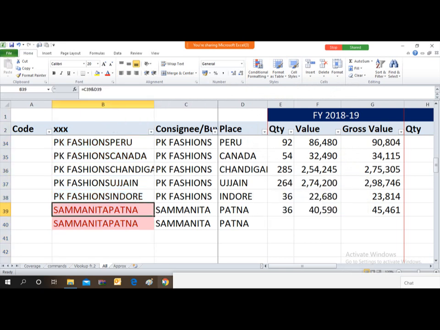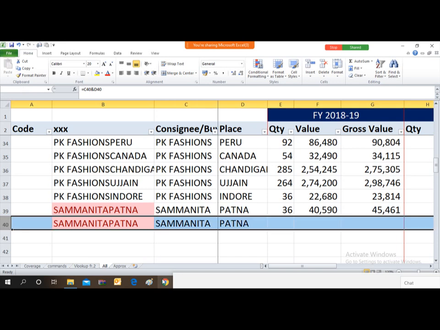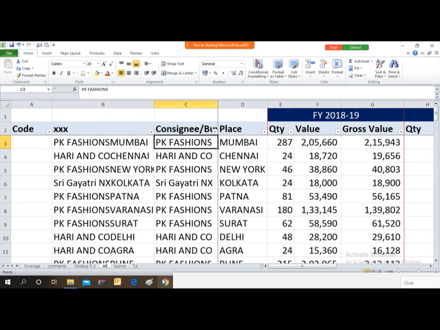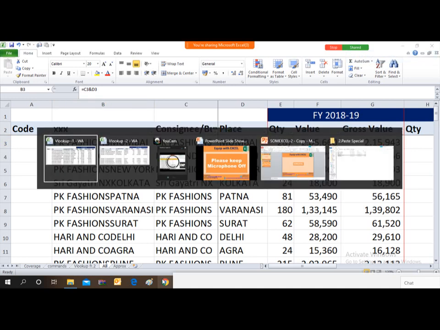So again type it. Now you see this Samanita Patna is now highlighted by the formula. It means the formula is perfectly used. So now just delete it. So here what I have done, I have combined the two cells into one cell, and now I have derived the combination which is unique in my table. So the same combination I have to use in the...